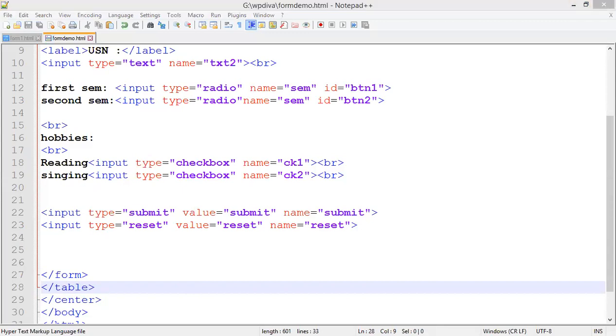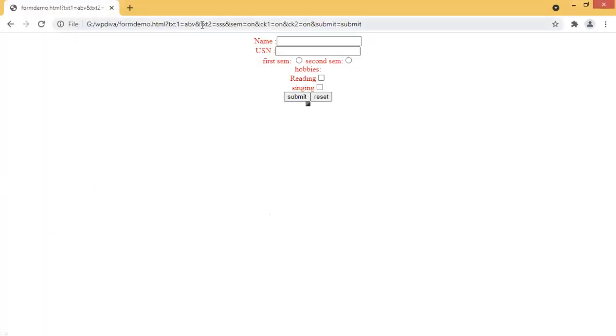Now let me go back to your screen and let me see that. So what happened? Nothing came here. Why did it not come? Because you have just taken a table. Where the data is entered, we don't know, right? So where you have to enter that data, you have to first create one row in your table.